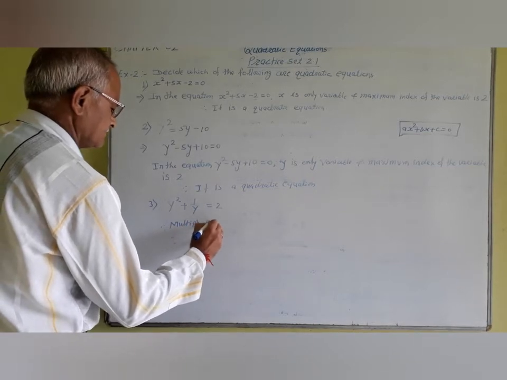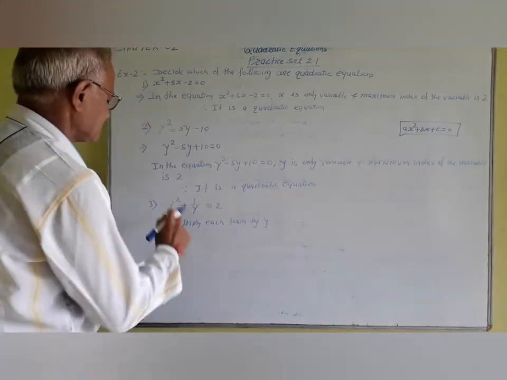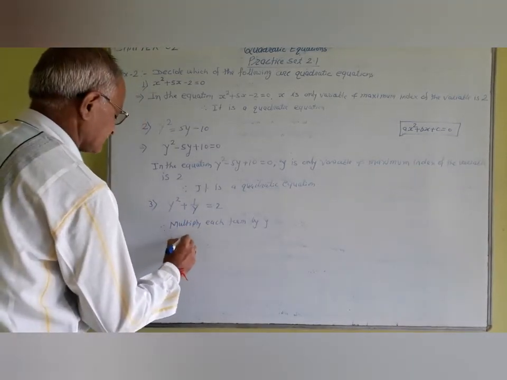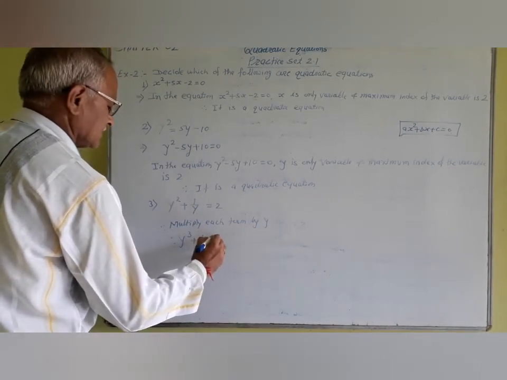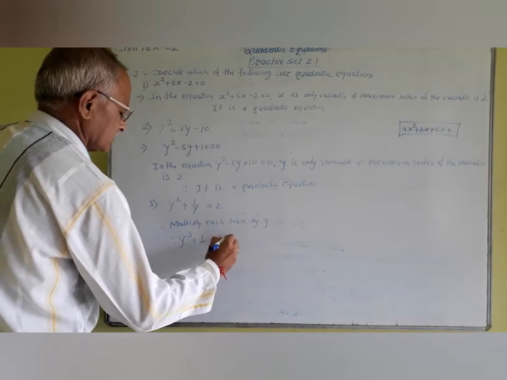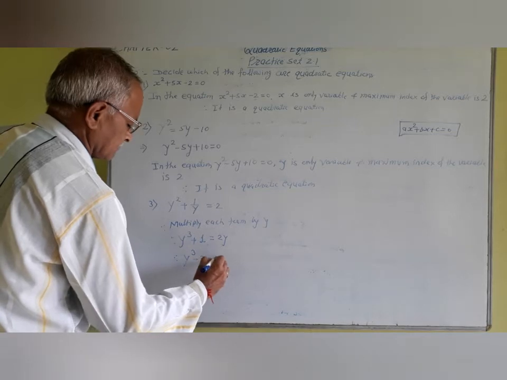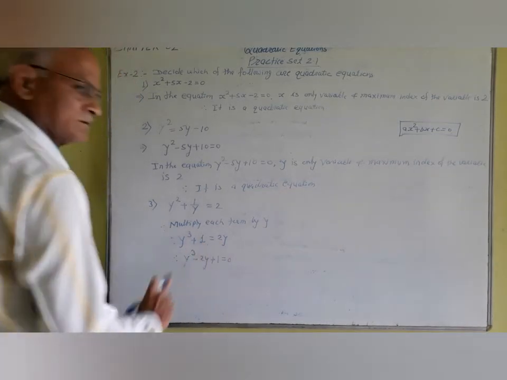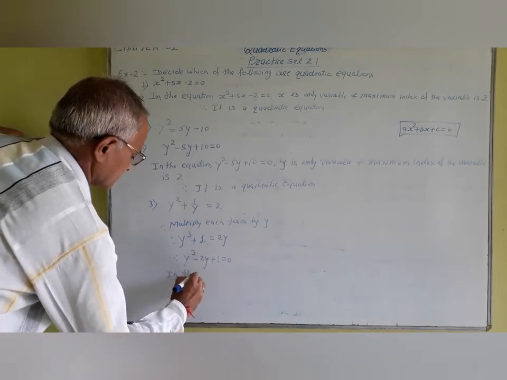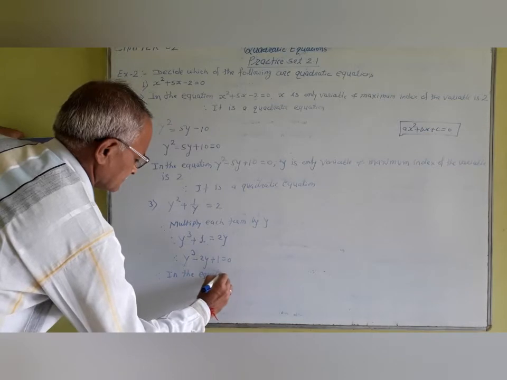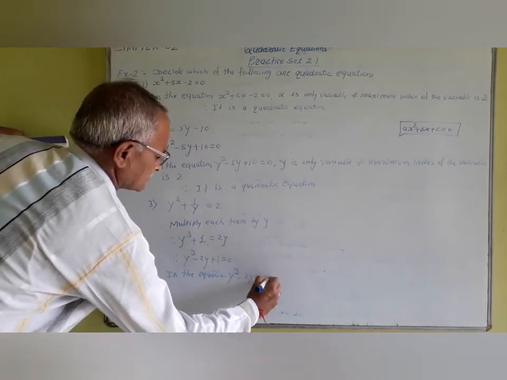each term by y. So y square multiplied by y is y cube, plus 1 upon y multiplied by y means 1, is equal to 2 multiplied by y, 2y. Therefore y cube minus 2y plus 1 is equal to 0. This 2y is taken to the left side, and therefore in the equation y cube minus 2y plus 1 is equal to 0,